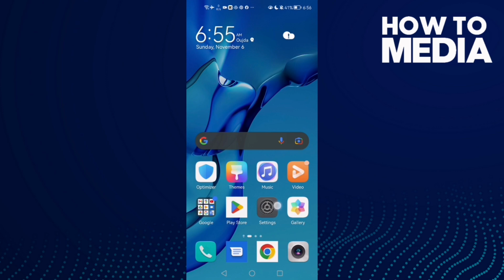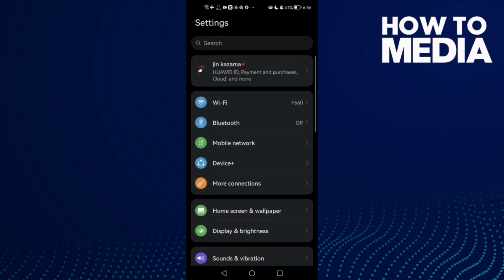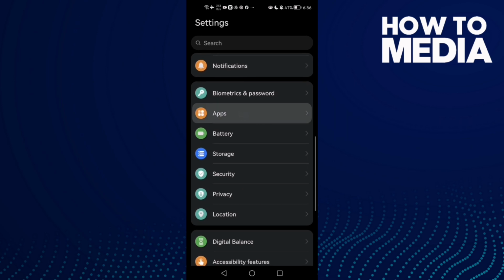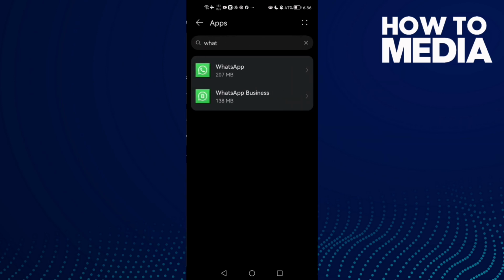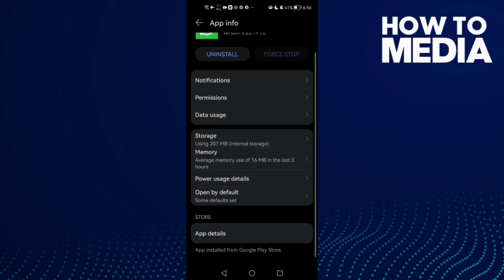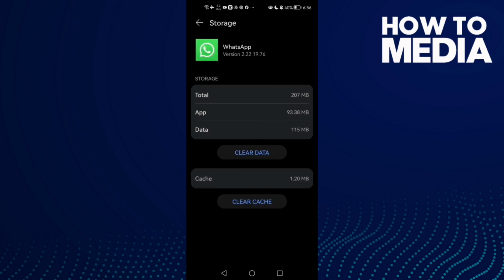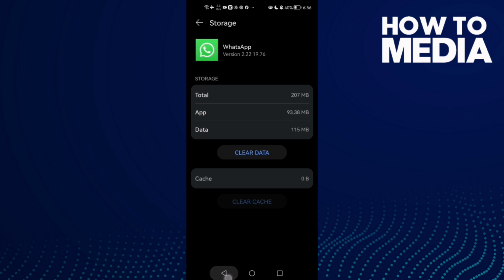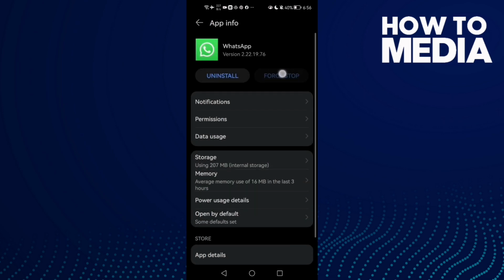Just go to settings and then scroll down until you find apps, and now apps again. Now just here we'll find WhatsApp, click on it. First go to storage and then click here, this one, clear cache, and then click here, this one, for stop,